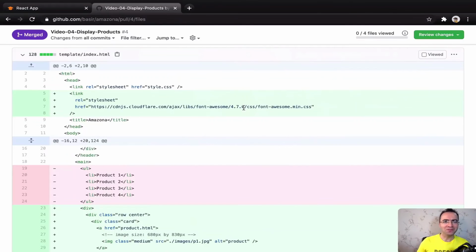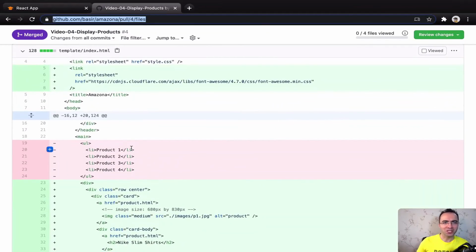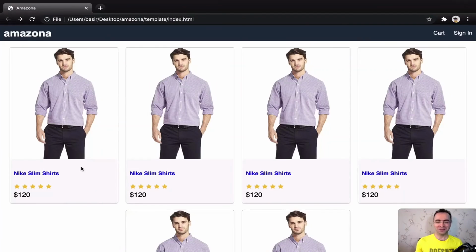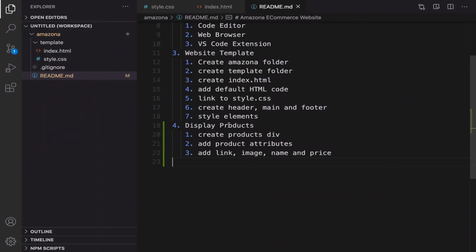To check the code of this lesson, visit this link, and then you will see index.html code changes right here. Let's get into it. To display product list,